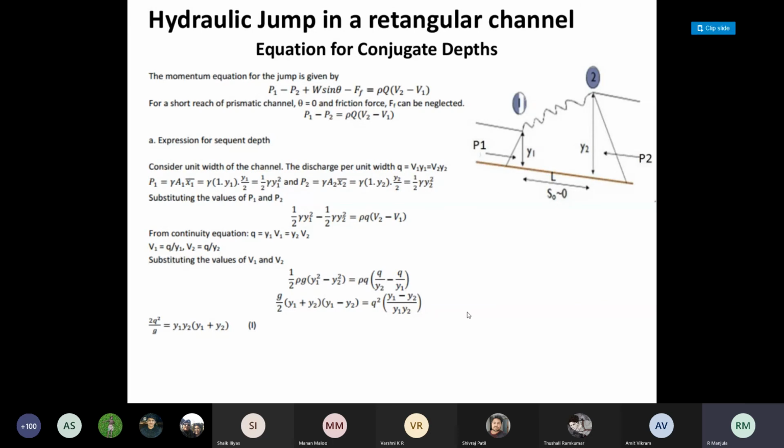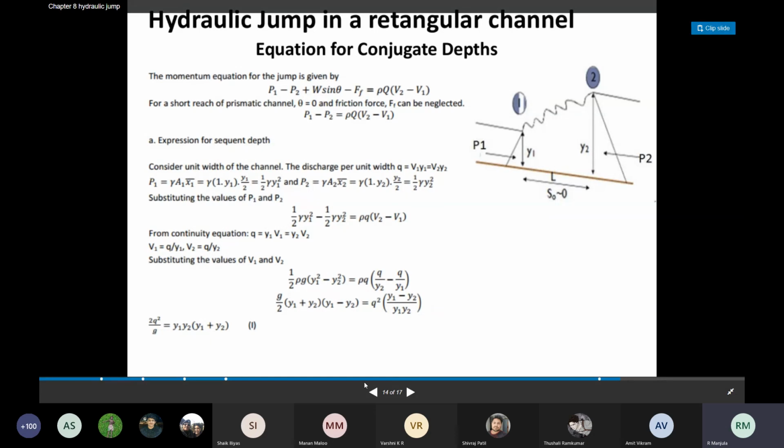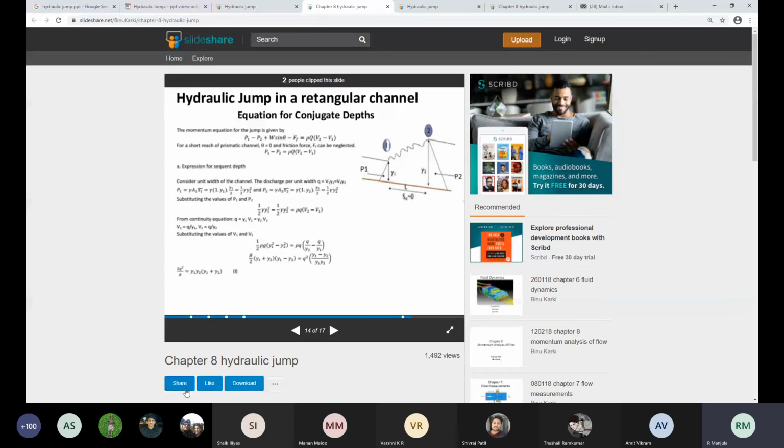After this, we are going to rapidly varied flow and non-uniform flow. In non-uniform flow, we are going to GVF and RVF profiles, and how the shape of the profiles will be. For that, we have different conditions: mild slope, steep slope, horizontal slope, critical slope. There are different types of profiles, and we have lines also, 1, 2, 3. We will discuss those things in the next class. Is it clear?